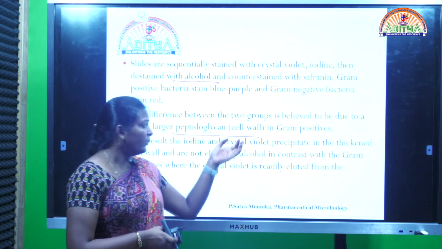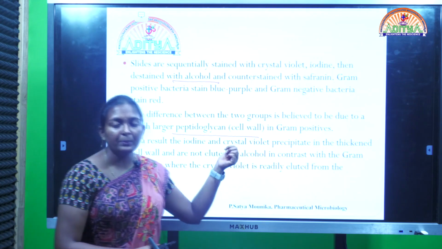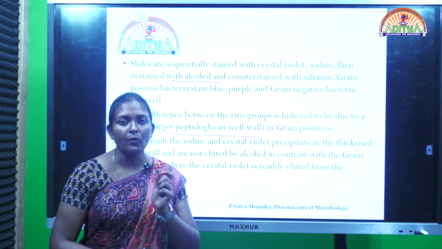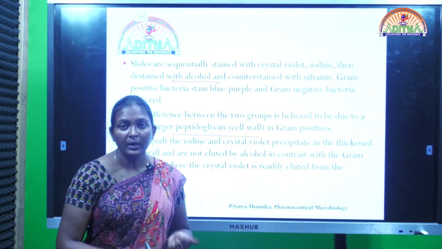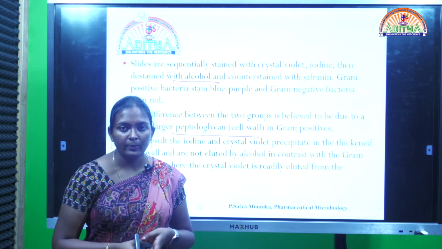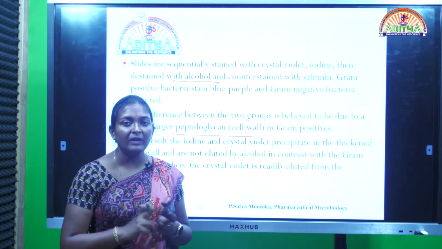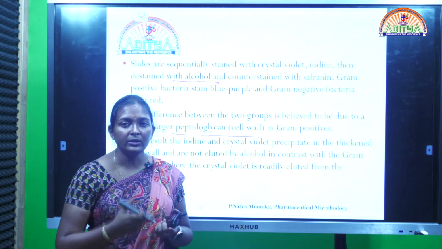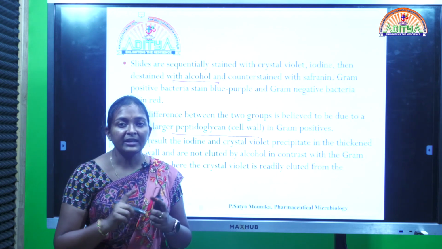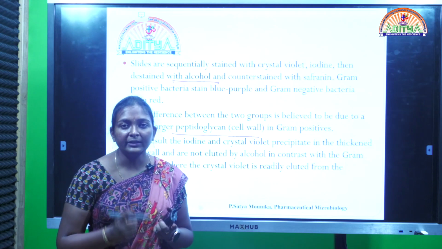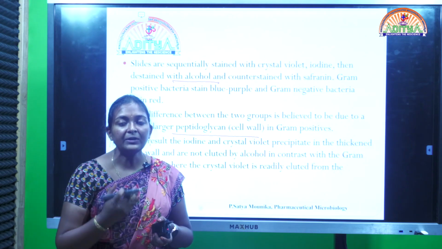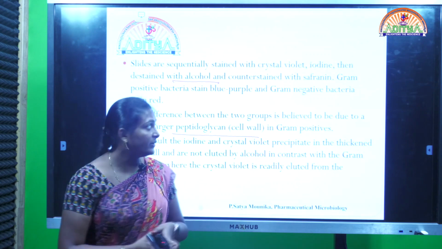Now when it comes to the gram-positive one, since the peptidoglycans or the lipid content are in lesser amount, only small holes are seen on the surface of the cell wall and they will easily get constricted. When it comes to the gram-negative bacteria, you would observe the presence of larger holes. When the dehydrating action is happening, these larger holes may not get constricted completely, which leaves a space on the surface of the bacterial cell.